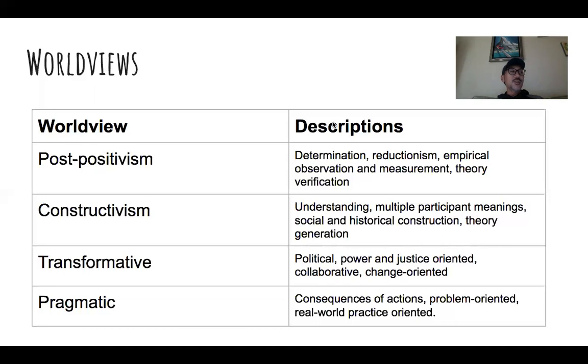Thus, researchers who have this lens have an action agenda for reform that changes the lives of their own study participants and the institutions in which these participants are operating. Research is often focused on the lives of the marginalized and often focuses on questions pertaining to the inequities that they're experiencing. And often, research that incorporates the transformative lens focuses on how institutions work and uncovering problems of oppression,